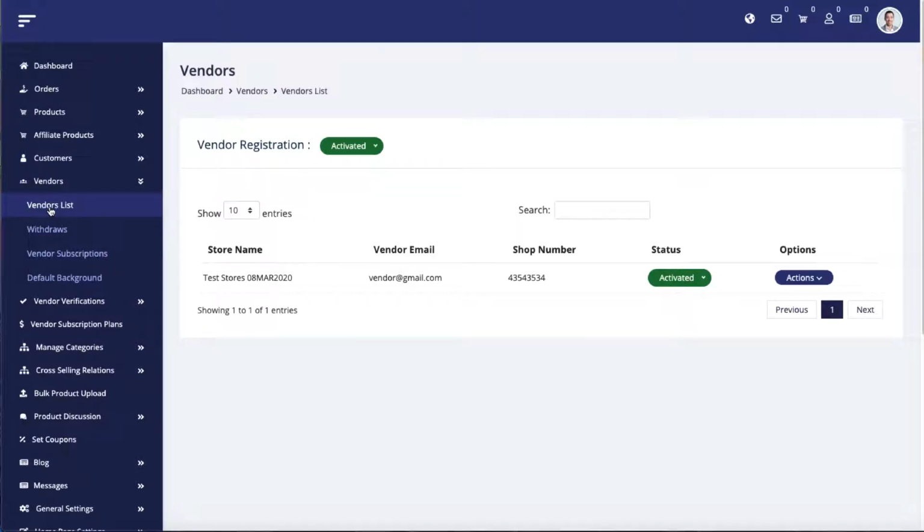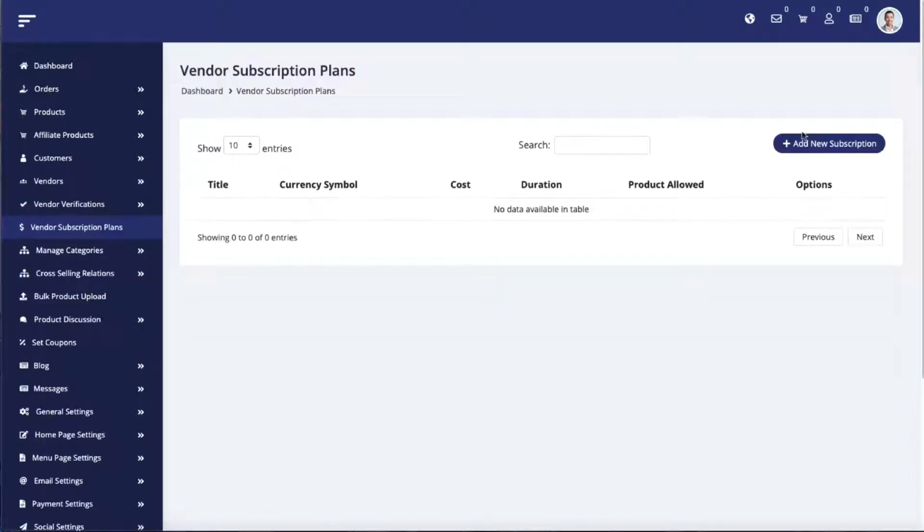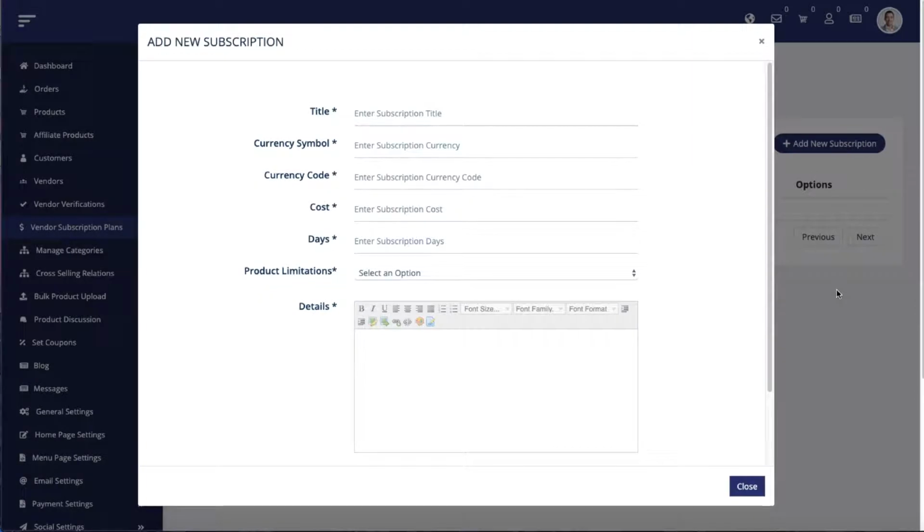So basically other vendors, product owners, can sell their products on a mega store, which gives the opportunity to the mega store, to the ShopZPresso user, to charge money for using their store, just like the owner of Shopify. So here is the vendor subscription. You can add a subscription plan for new vendors, one or multiple subscription plans. Users can select cost and the expiry of subscriptions, how many days the subscription is for, product limitation, currency, symbol,